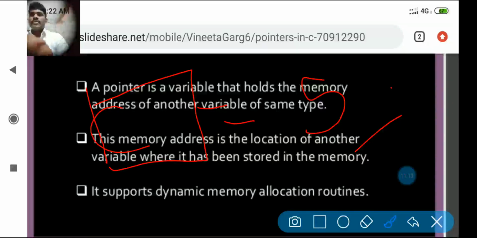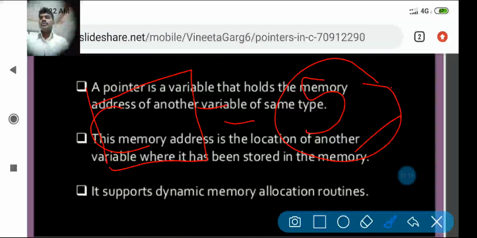In this C variable, a value 5 is stored. C is the name of the variable, and 5 is the value of that variable. I got my point. What is C? C is a variable. What is 5? 5 is the value of that variable.